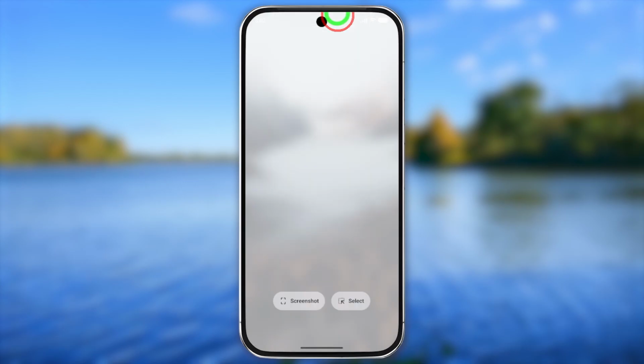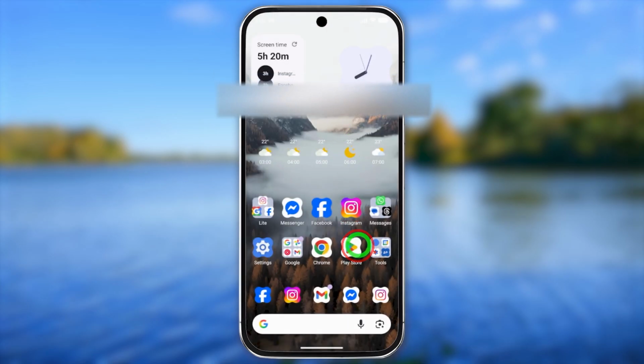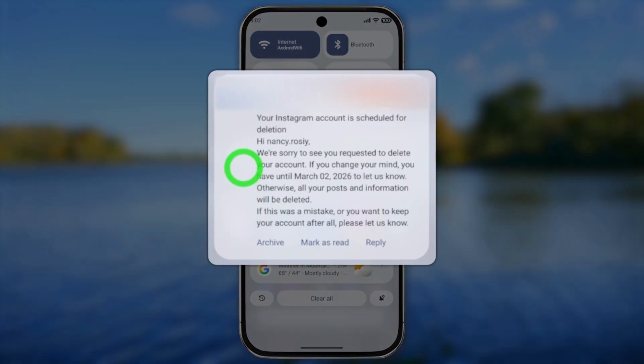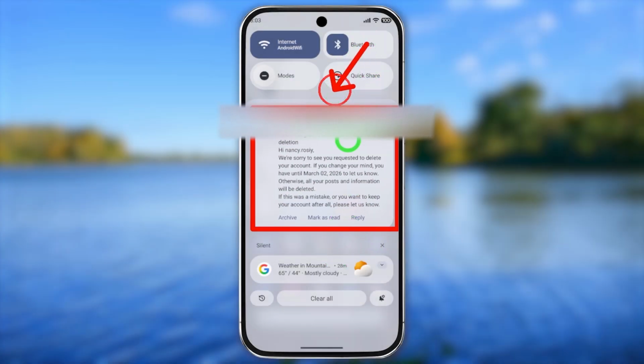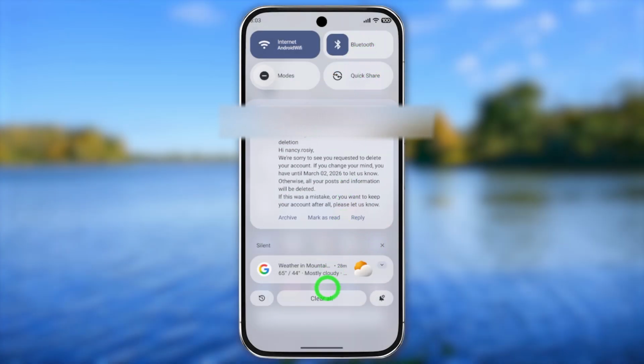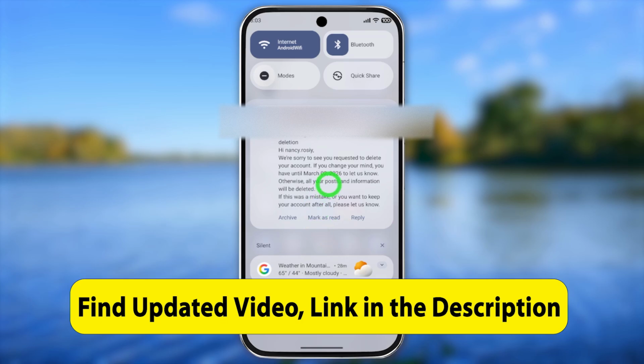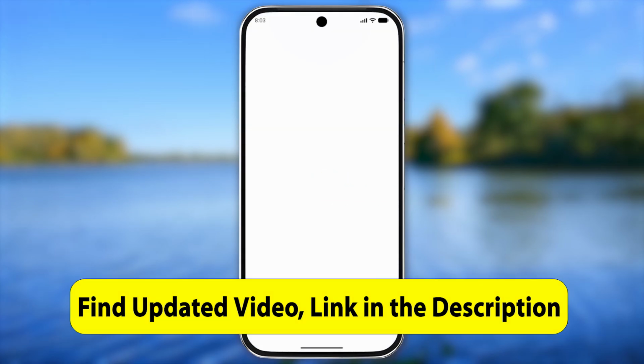So after confirming, you will get this kind of email from Instagram to your primary email address. Your Instagram profile or account has been scheduled for permanent deletion. Instead of deleting, if you want to deactivate or if you want to cancel the deletion request, you can click